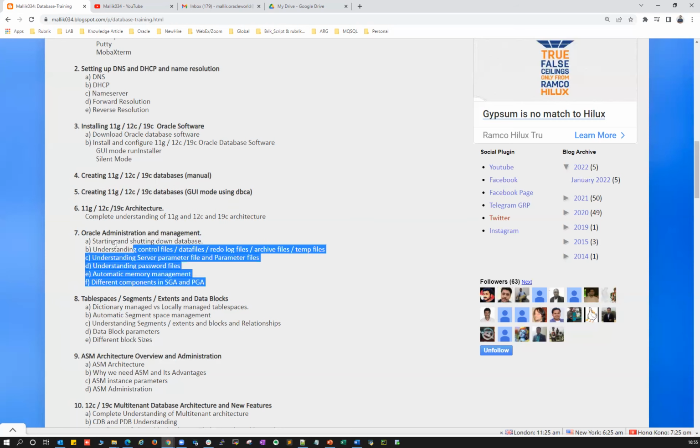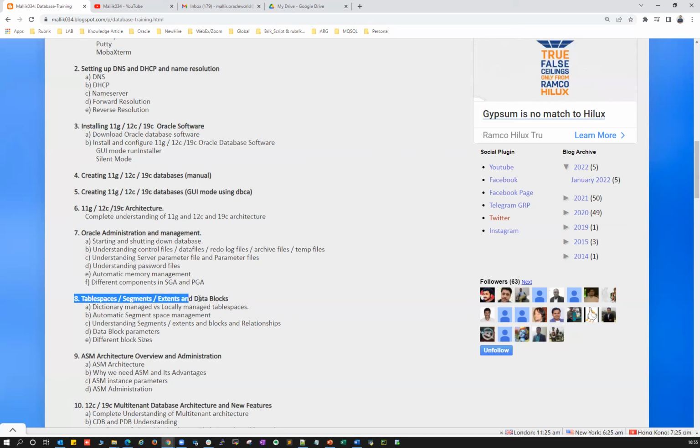Everything we'll deep dive, and then we'll understand in practical sessions, and what are the common scenarios we'll come across in day in and day out activities. So everything will be covered based upon real time scenarios, followed by your actual storage management: your tablespace, segment, extent, and data blocks, how all these logical components are correlated and mapped to my data files. And then all will be understood in detail, with what is dictionary managed, locally managed tablespace, automatic